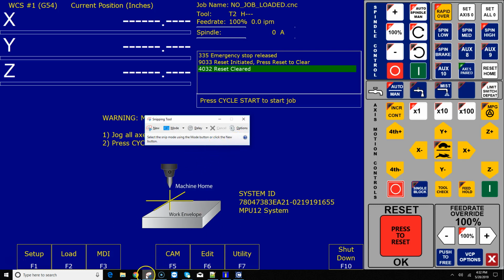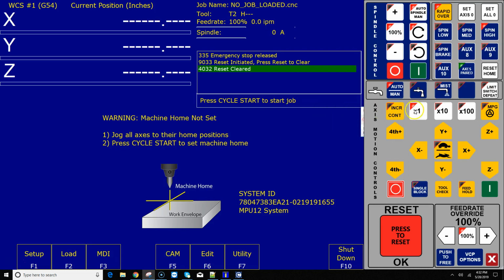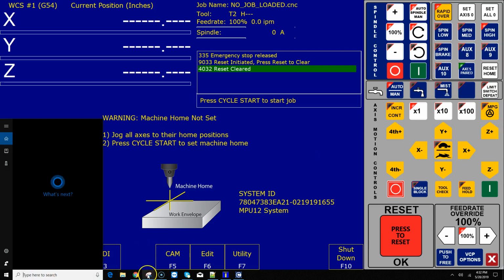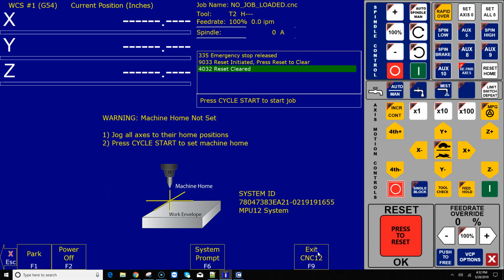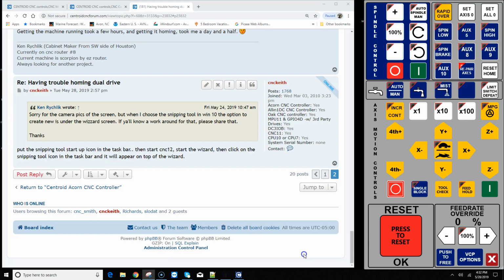I just started the snipping tool down here at the bottom, touching the icon. Sometimes the snipping tool, as I see when I drag this to the right, gets stuck behind the VCP. No matter how much clicking on the snipping tool or how much typing in the snipping tool search bar, it will not appear. This is an easy problem to solve. All you got to do is close out